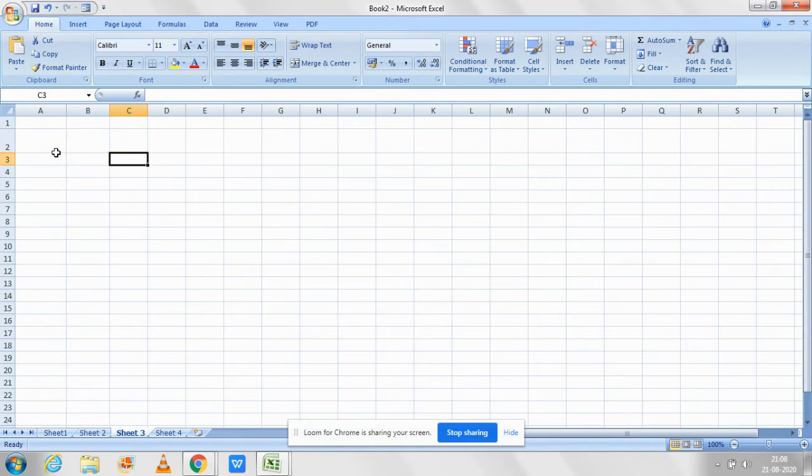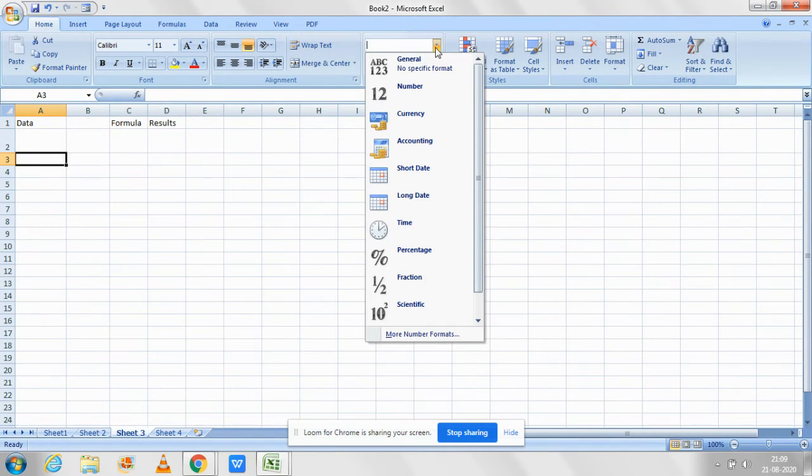Suppose here I am presenting you a number, a data. Suppose here I am writing the data, the formula I am using, or the results which I am using. Suppose in A3, this is 10, or I will put it from here to here, and data, predefined data will be there. Then take it as a general.